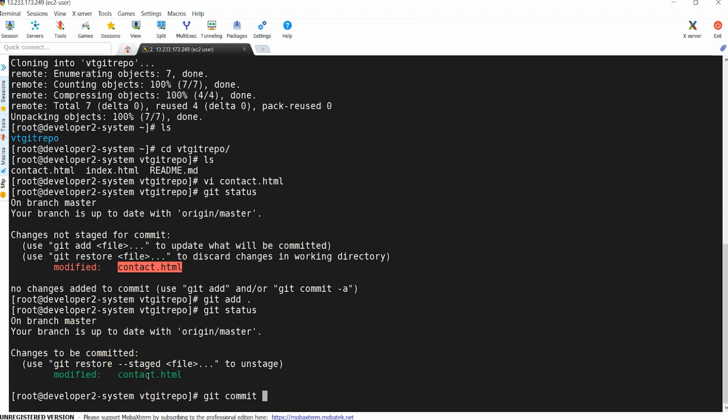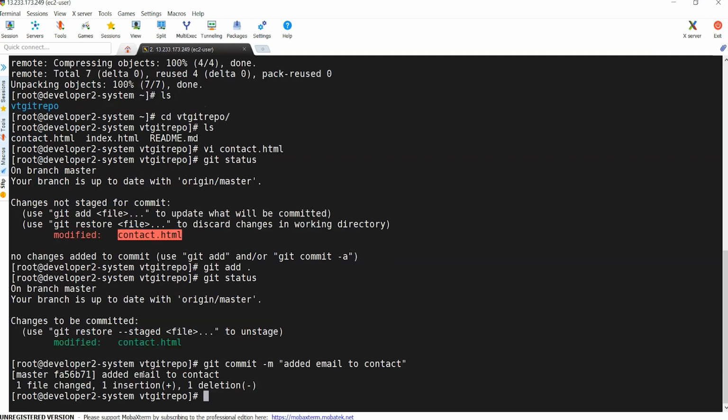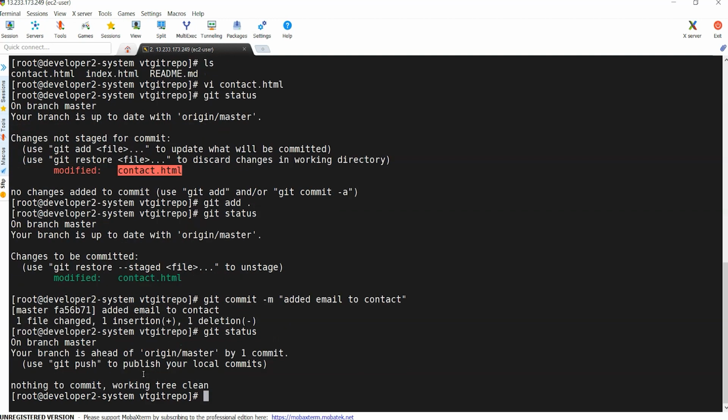Git commit -m "added email to contact". Okay, so by looking at this commit ID, I can identify what changes developer2 has done. Now if I check git status, you can see our local repository is ahead by one additional commit,